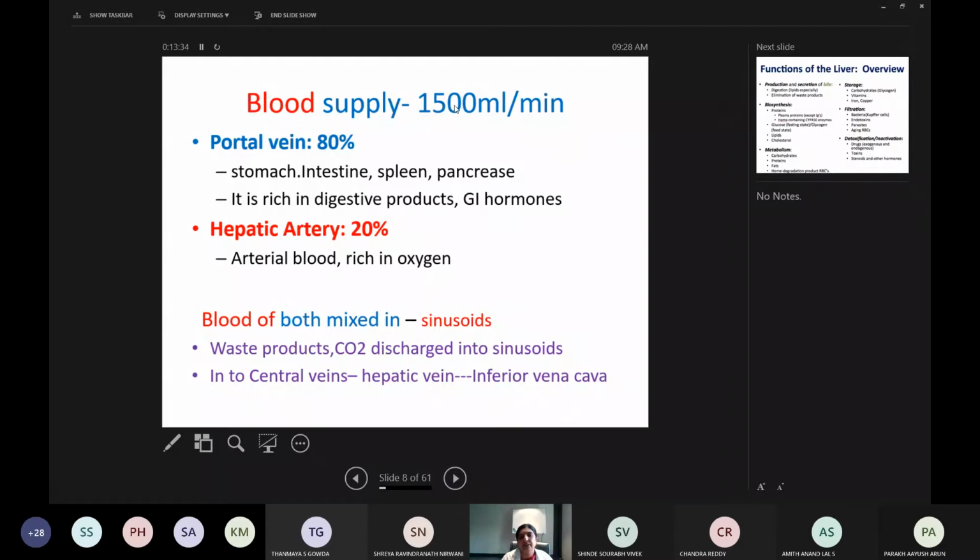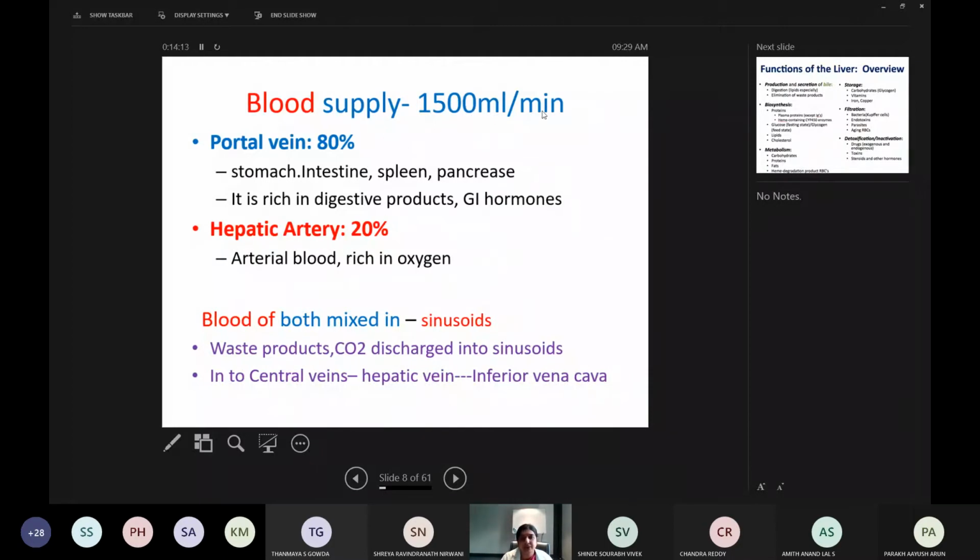of the bilirubin, synthesize clotting factors, synthesize plasma protein, and synthesize urea from ammonia. So multiple important functions are there for the liver. That's why the blood supply is highest. And if you remember, heart, kidney, brain and liver are the important organs which receive the highest amount of blood supply per minute. So it's very important for you to remember the blood supply of the liver, its weight and its unique features, right?